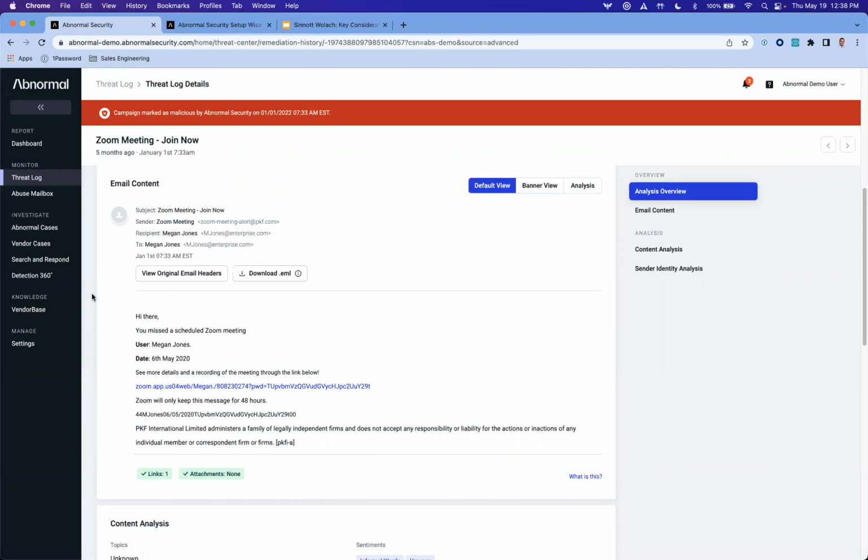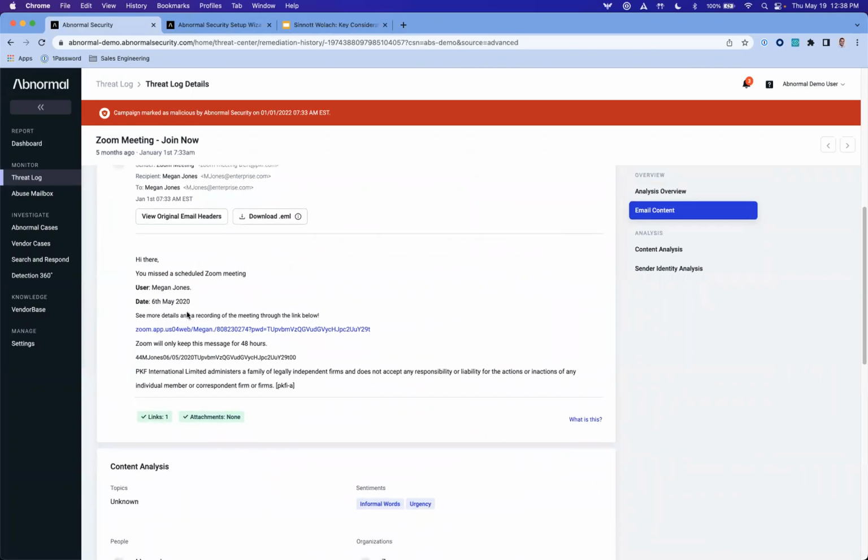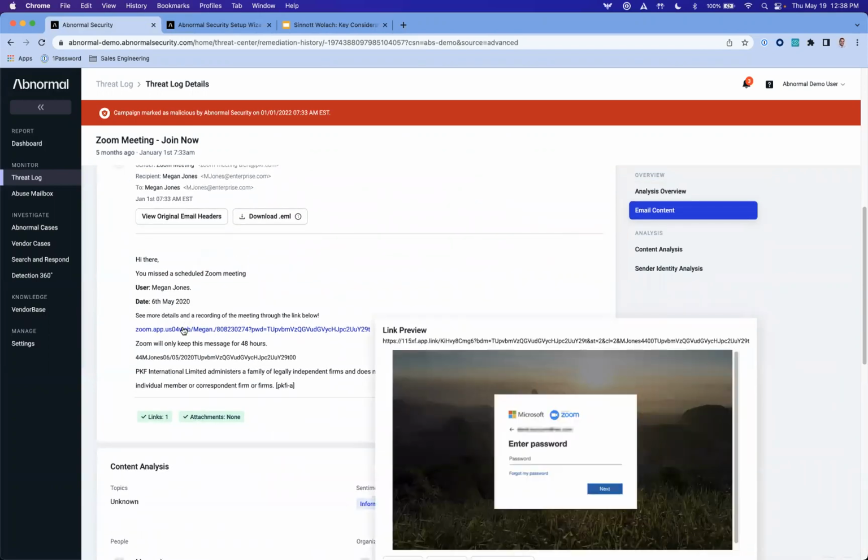What happens in this particular scenario is, if you look at the content of the message itself, there's no malicious links. The link looks legitimate. There's nothing malicious to latch onto, and there are no attachments, right? But if you look at the inspection of the links themselves, in this particular scenario, we have a phishing website that has been strategically designed to impersonate or look like a Microsoft or Zoom authentication, in order to fly under the radar and not necessarily be detected by the traditional controls, right?